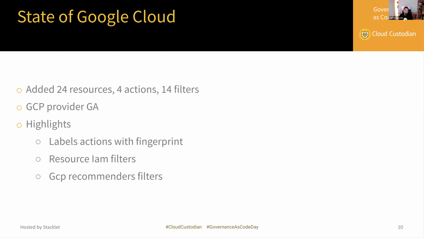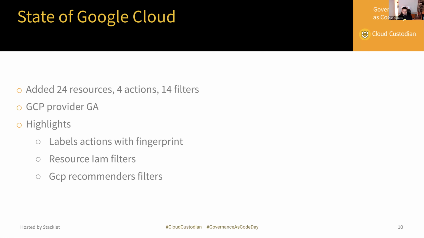Moving on to GCP, we've added about 24 resources, a couple dozen filters and some actions. The GCP provider has been labeled as beta, partly as an homage to Gmail being in beta for 10 years, but I think it's time for that label to come off. It is GA. Probably the biggest highlight on GCP was the addition of the recommender filters. GCP does a degree of machine learning here to do cost optimization and IAM minification, and we're now able to expose that directly against those resources so that you can find those things and take action on them when they have